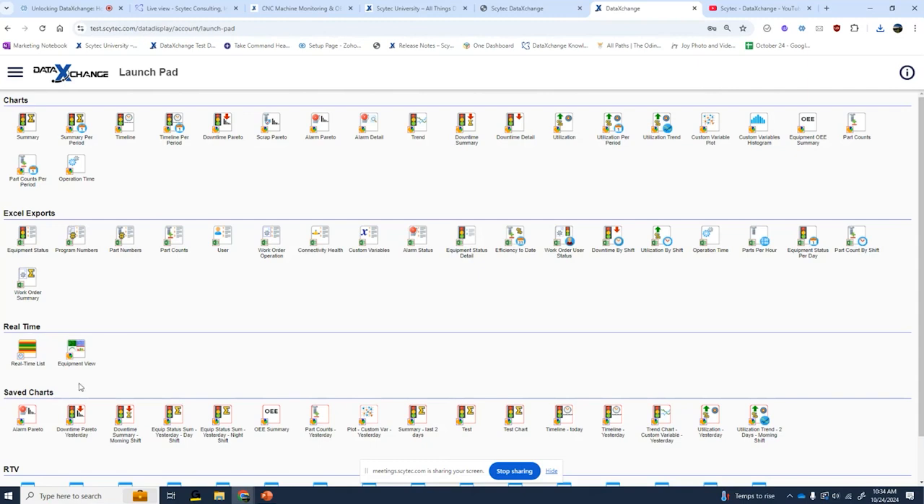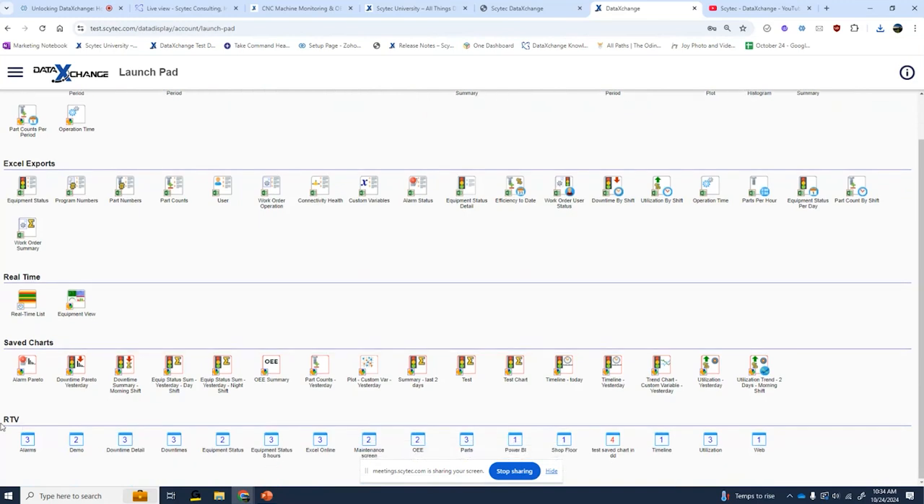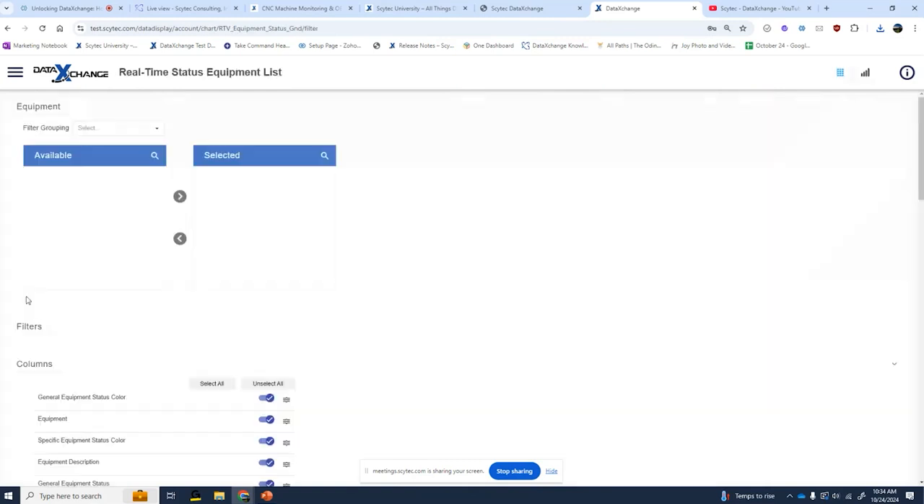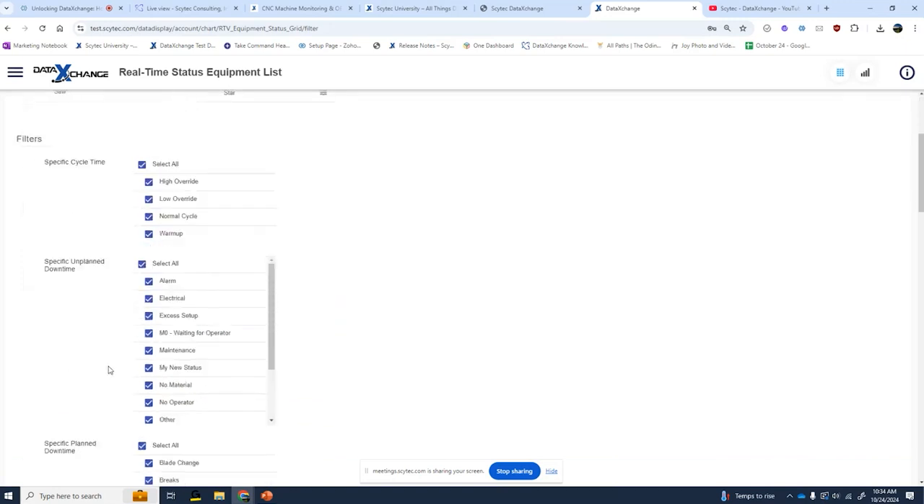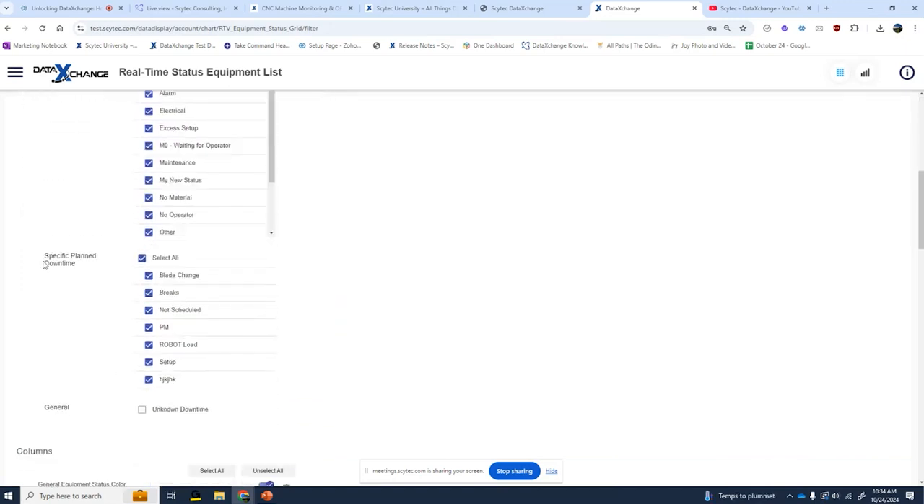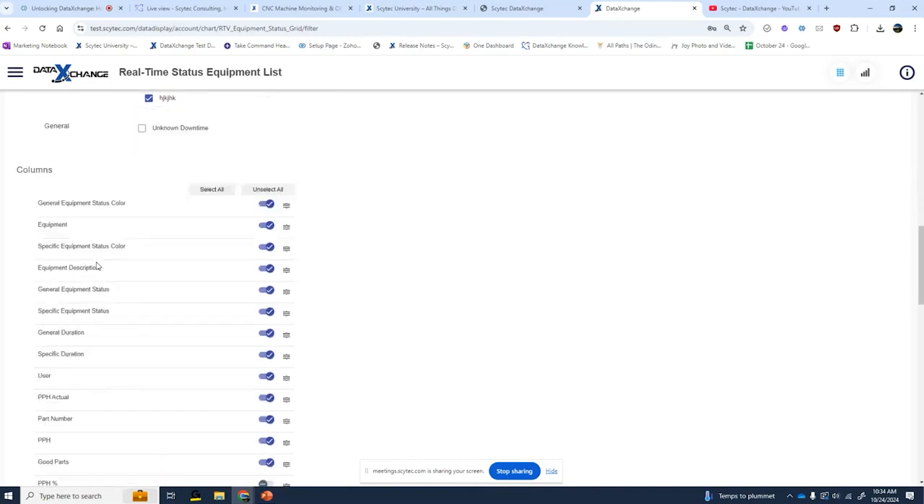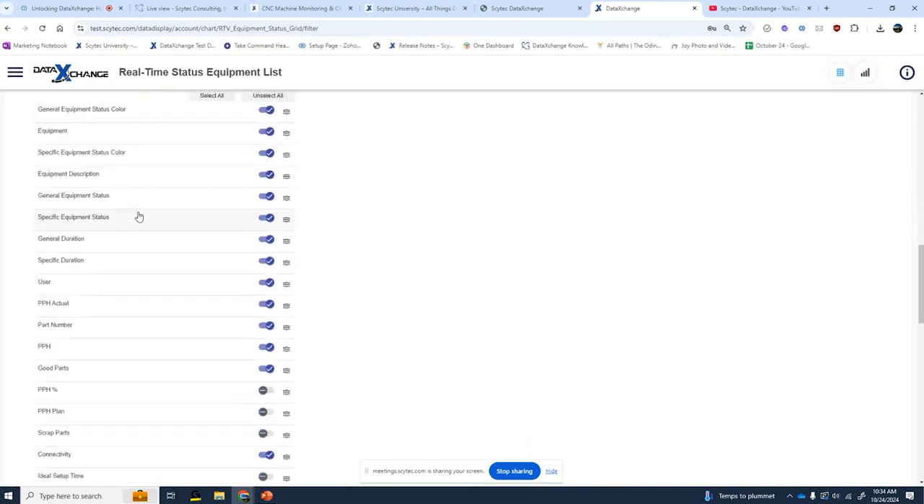Now, finally, last month, I went over the equipment view inside of our 2 different real-time dashboard offerings as well. And I also went over our RTV offerings last month as well. But what I didn't cover last month was the real-time list that I discussed earlier. This is a very streamlined version of your real-time equipment view where you can select all the specific cycle times, unplanned downtime statuses, specific planned downtimes, as well as all the other different columns for the information that you are looking to get